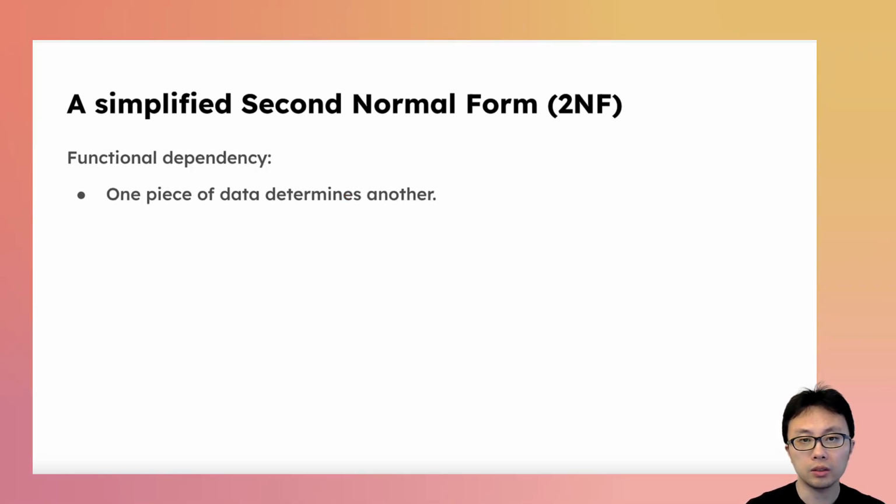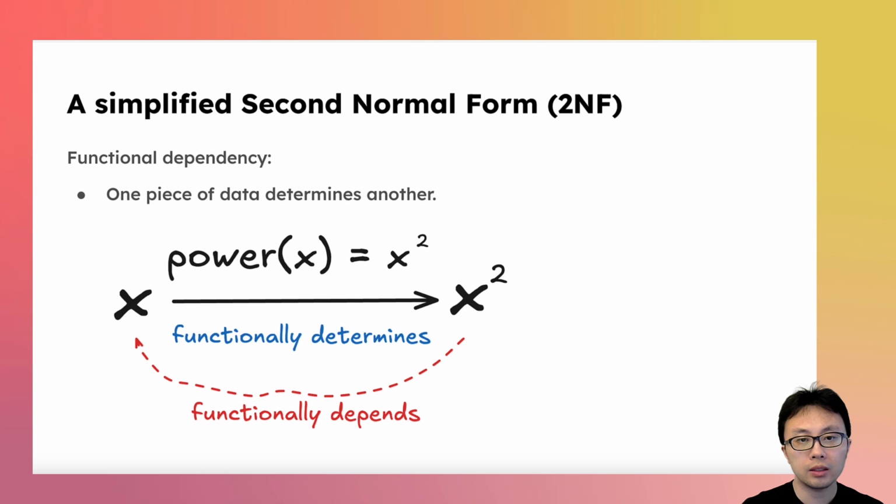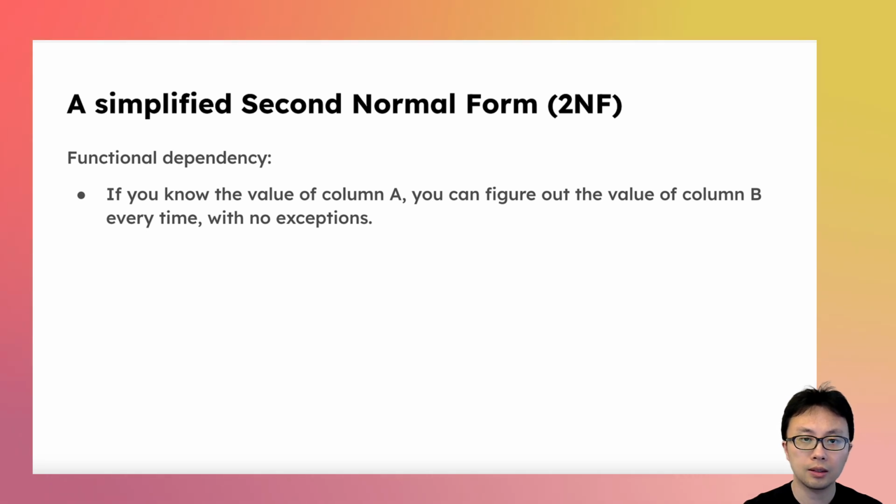What's functional dependency? It's about one piece of data determining another. For example, suppose you have a function called power that takes an input and returns its square value. Given any value of x, the output of power x is completely determined by x. You can also say that the result of applying the power function to a number functionally depends on that number. When the same concept is applied to columns in the same table, you will have something like this. If you know the value of column A, you can figure out the value of column B every time